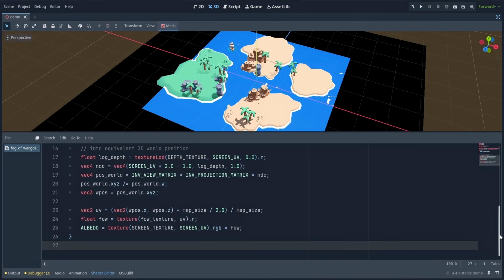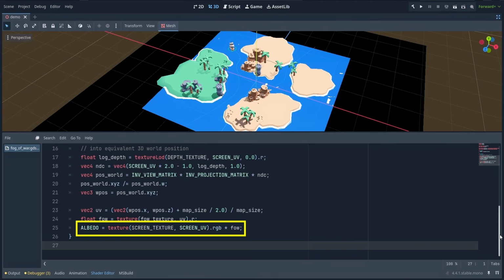Just like before in our script, we'll use the X and Z components of the point to get the horizontal position, and remap it so it's not centered on the 2D scene origin anymore. Then we divide it by the map size to renormalize our point and get 0 to 1 values for a 2D vector. Those simply give us the UV coordinate that we need to sample our fog of war texture at, just as if we were projecting this texture onto our scene from straight above. And so last but not least, we just multiply our initial rendered frame by the fog mask to make the